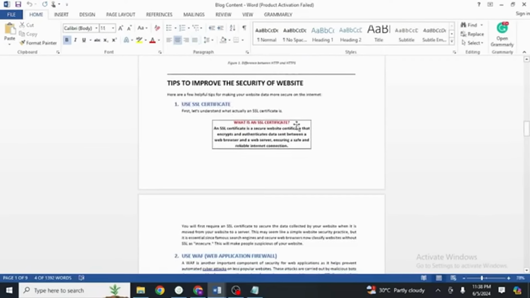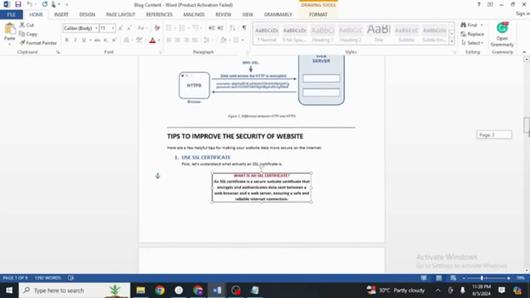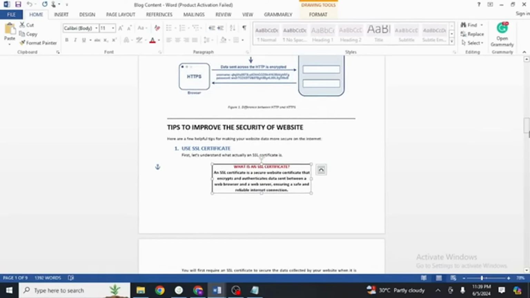Again, I have used this card to grab the attention of the audience, like what is an SSL certificate. I'm telling the user about SSL certificates, so I told them what an SSL certificate actually is. So this is basically an educational blog, educational content that is educating the audience.